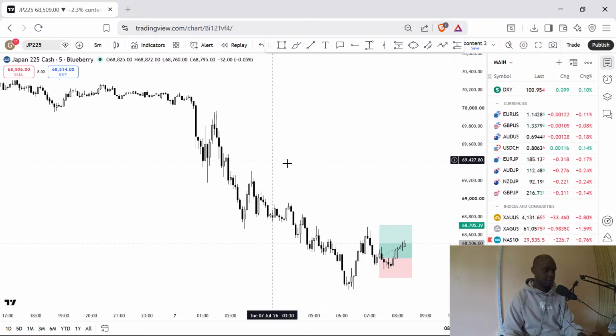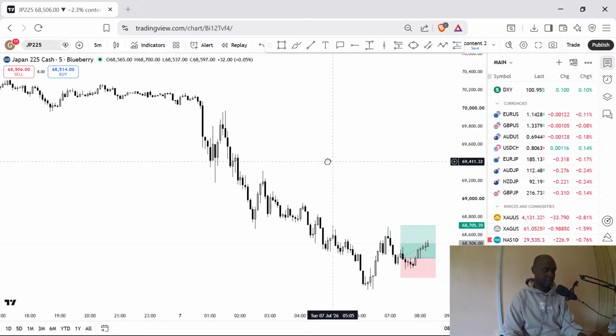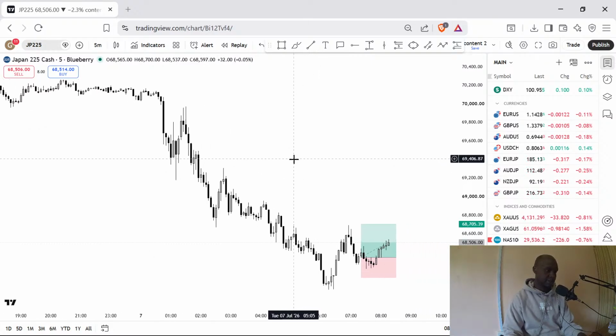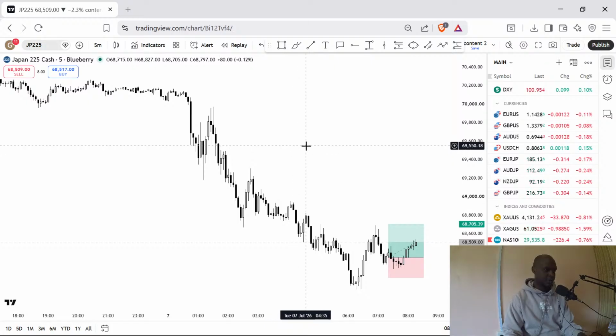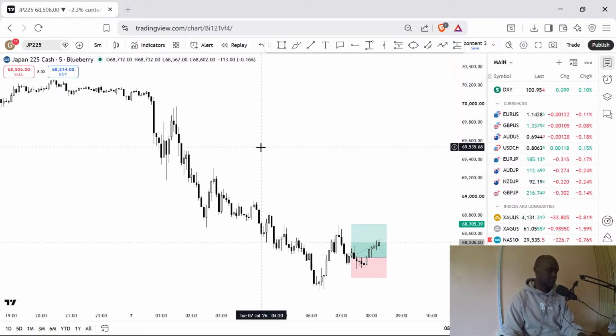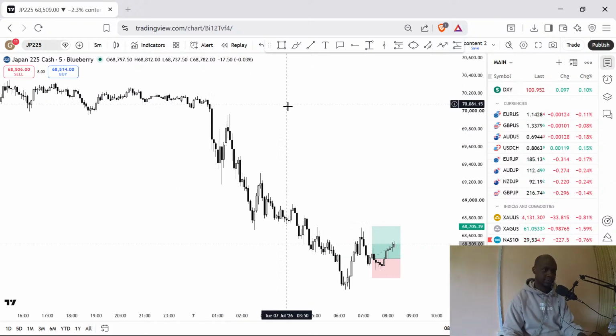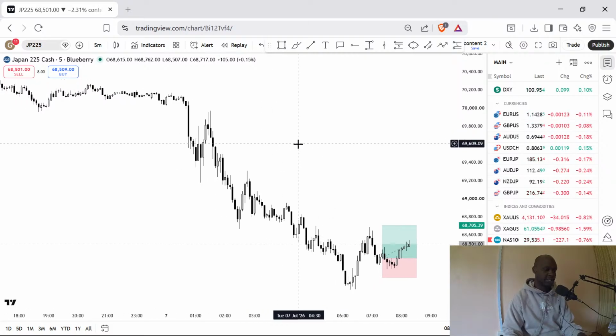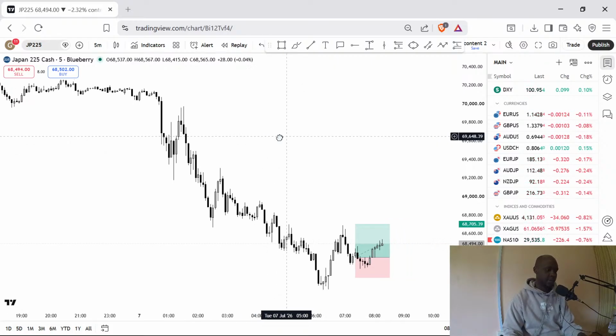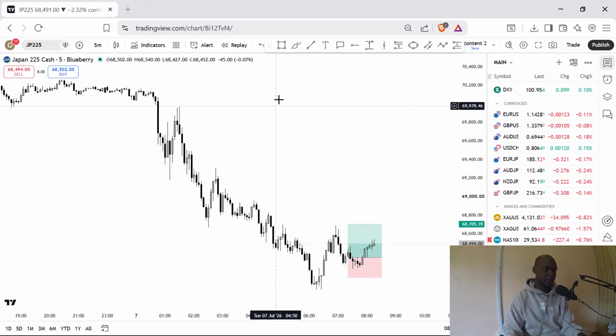Now this is a classic trade based on the way that I trade, and I've talked about my trading strategy for quite a while. But for those who are new and those who are coming across my content for the first time, normally I'm a price action trader, and I normally look for imbalances in buying and selling pressure so that I can take advantage of trending markets. Now, what do I mean by this? So, for example,